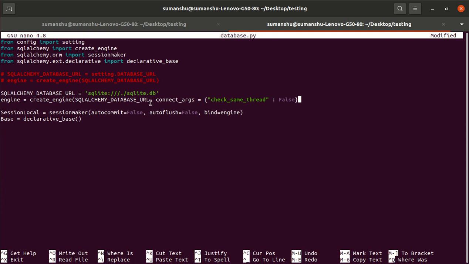But if we want multiple operations, multiple threads, we have to override the SQLite default behavior, because by default SQLite is single threaded. So we are giving the argument check_same_thread, setting it to False, so it should not check the thread. Otherwise the default behavior is that it will check the thread, so that there is only one thread.